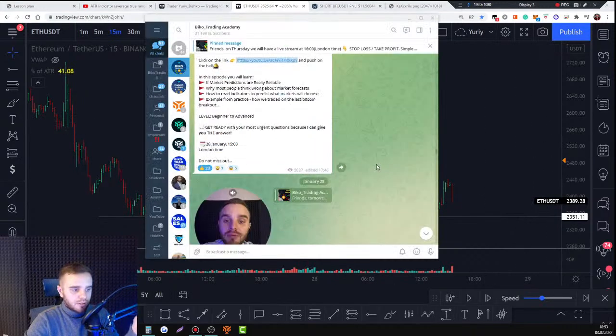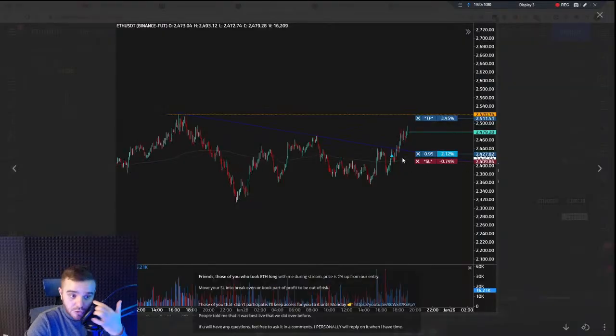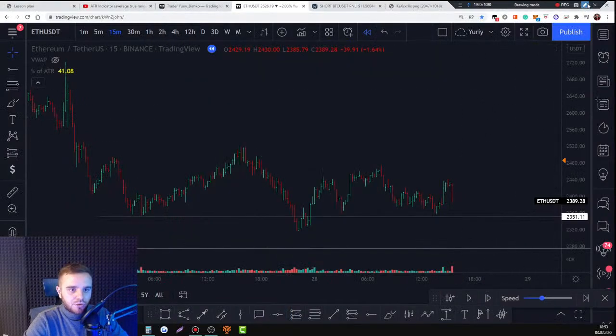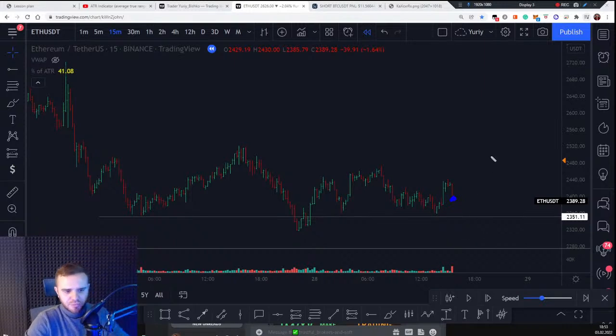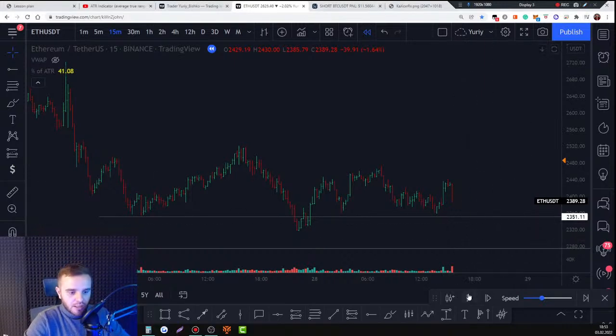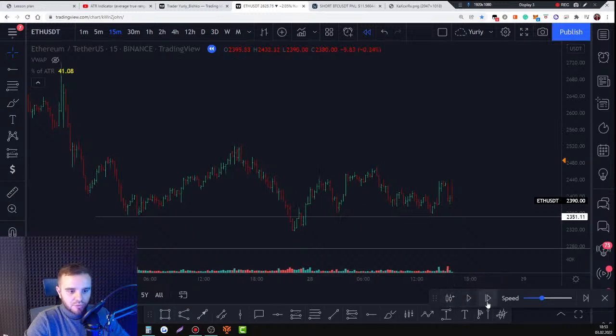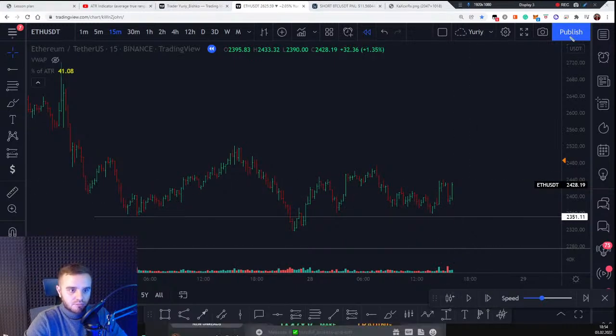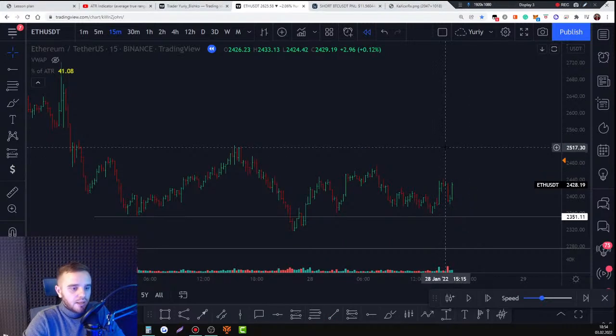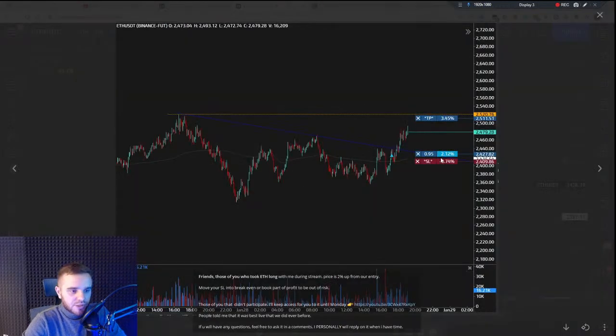When I was on live, I did a stream and we took a long trade on Ethereum based on a footprint, because during exactly this reload, some people bought a lot of Ethereum, more than 8,000 Ethereum. And a few minutes after, when I was on live, I saw such a candle. That shows me that people that bought here are strong enough to move price up. And after, I told people to take a trade, and the stop loss was below that current low.